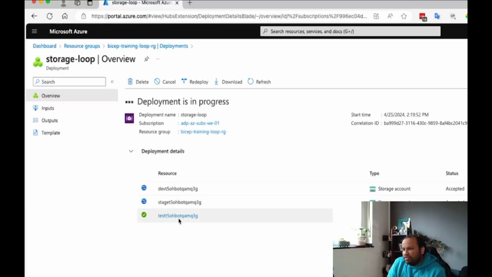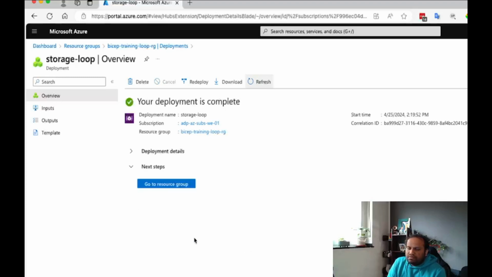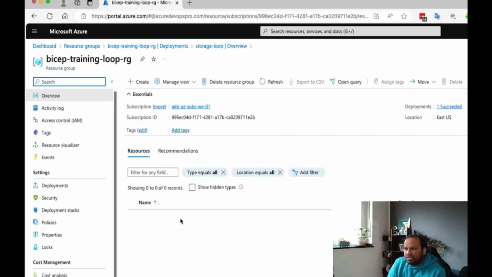So we have one storage account already created, test is already done, stage is going through, and then dev is going through. So we will get this storage account in some time, possibly within a few seconds. Once this is done, we will have 3 storage accounts, and if you go to the resource group, you will see that,